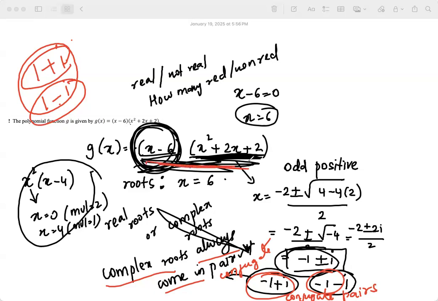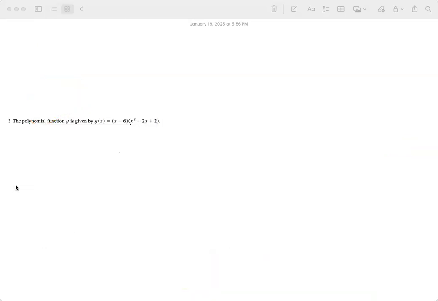So, on seeing this equation, its degree is 3, 1 real root, 2 complex roots. To this level, you should be able to write out the degree, the roots, and behavior. Am I making sense? How do you find the complex roots? Complex roots you can find using factoring or the quadratic formula.